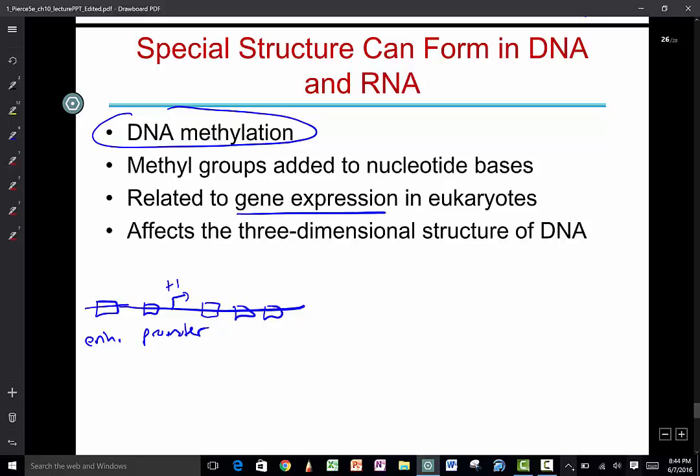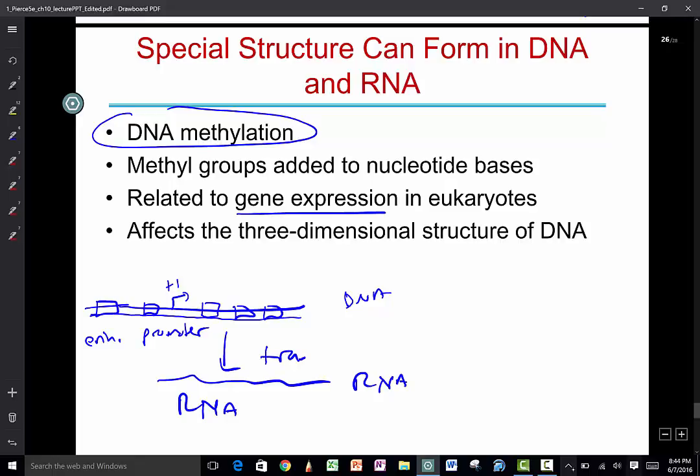We'll be getting into this a lot later, but this is our DNA, and this is actually double stranded. We don't usually draw it all out, but then it becomes RNA, so it becomes a single stranded RNA, and